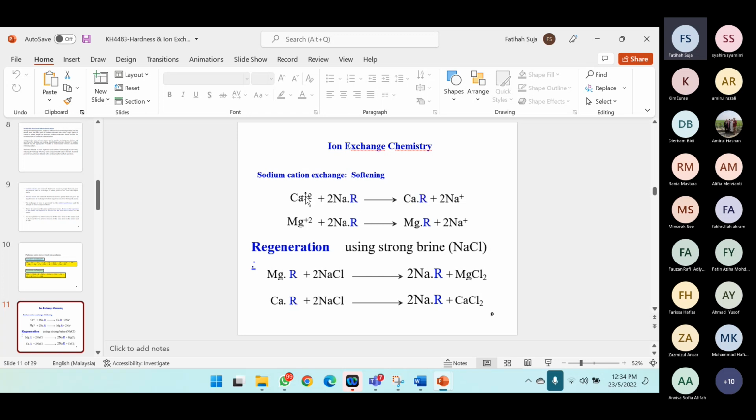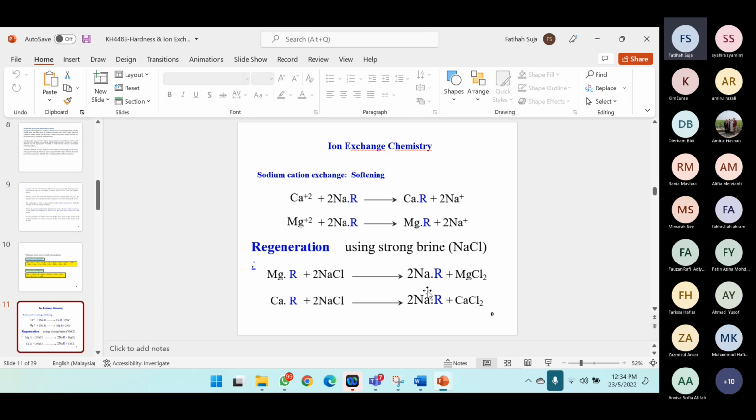something, and you will get the R, okay? Actually, they are just exchanging: the positive is positive, the negative is negative. Regeneration uses strong brine, sodium chloride, when you have this resin coated with magnesium and calcium, which you need to remove because you need to use the same resin. Of course, you cannot afford to always replace the resin, so you need to regenerate. So you use strong brine, which is sodium chloride, and you will get this in your water